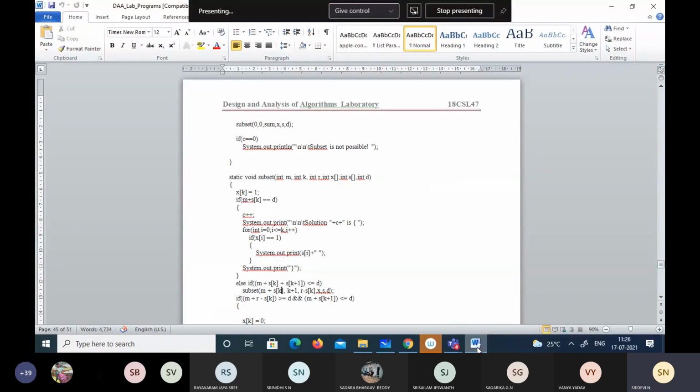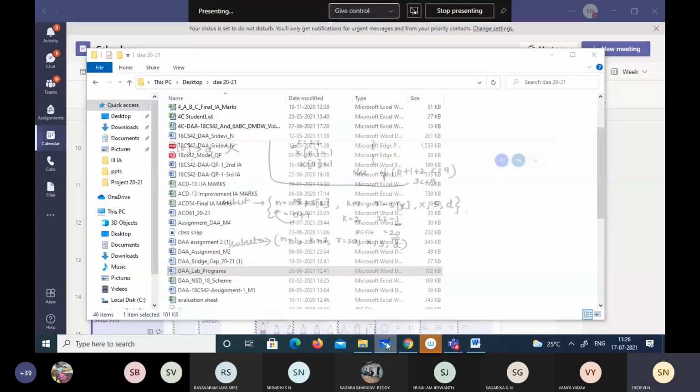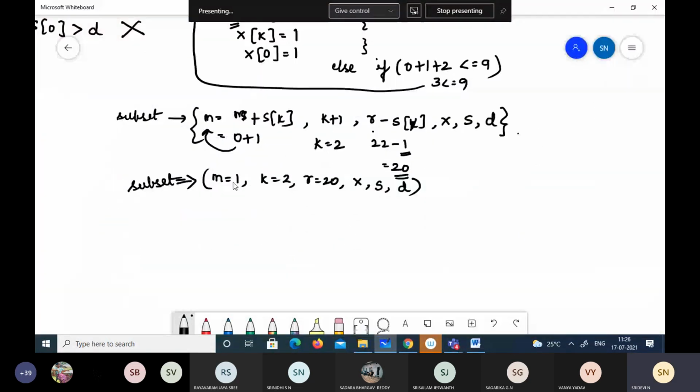See here, m is already 1, because we have already included the first element. m is already 1 plus the second value. s of k means s of 2. So what is the second number? We have these numbers as input: 1, 2, 5, 6 and 8, isn't it?